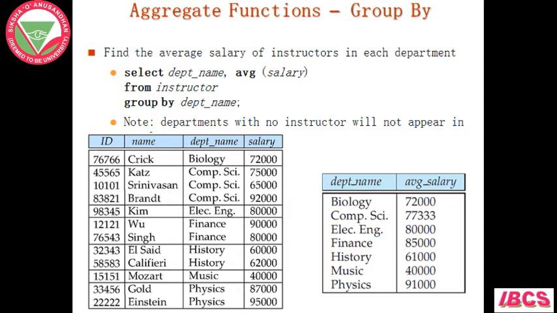So it means that it will group a particular department, add up all the salaries and calculate the average. For example, in the computer science department there are 3 faculty, it will add up the salaries of all the 3 faculties and give us the average. So you can find a table where the answer is given.